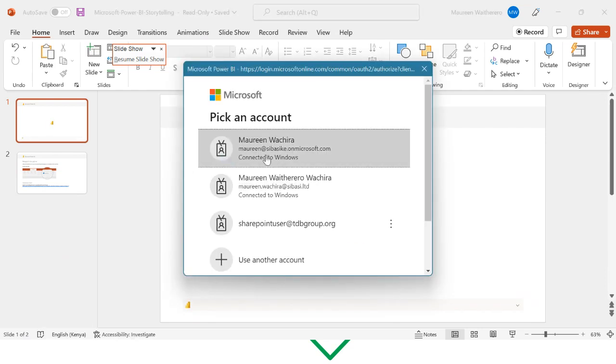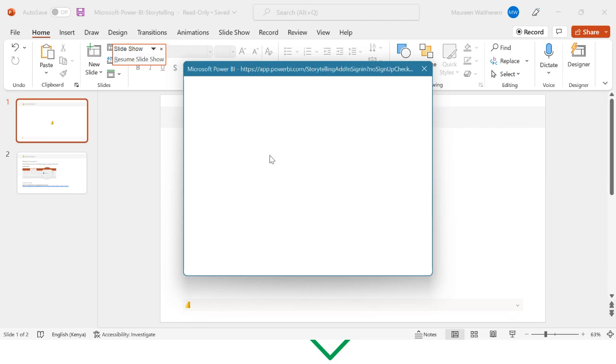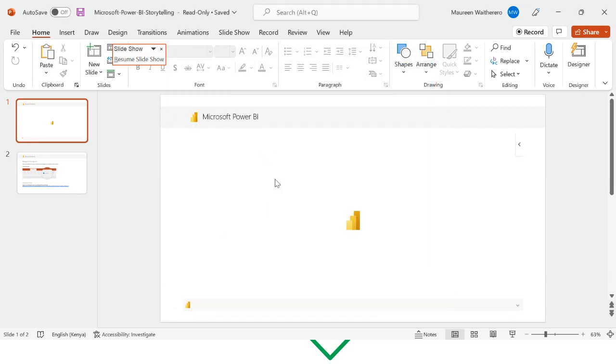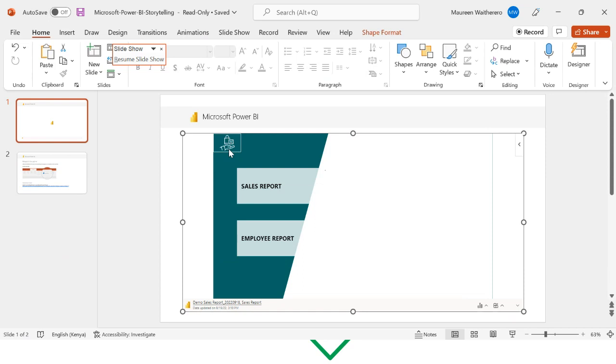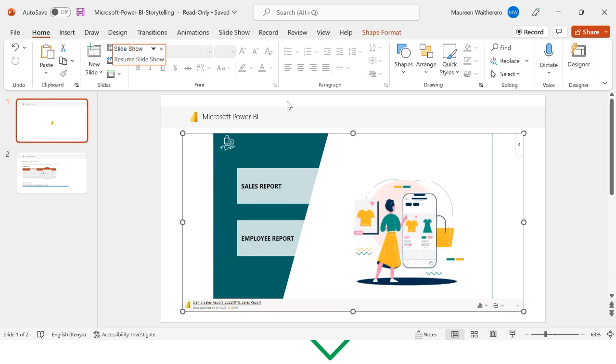Okay, let's see. Once you want to embed this report into your PowerPoint, it will urge you to sign in as well. This is one of the best things about Power BI, very secure. Not everyone has access to your data. So you see, now instead of having to